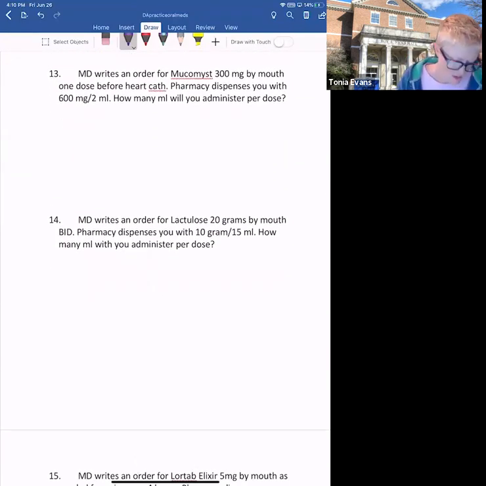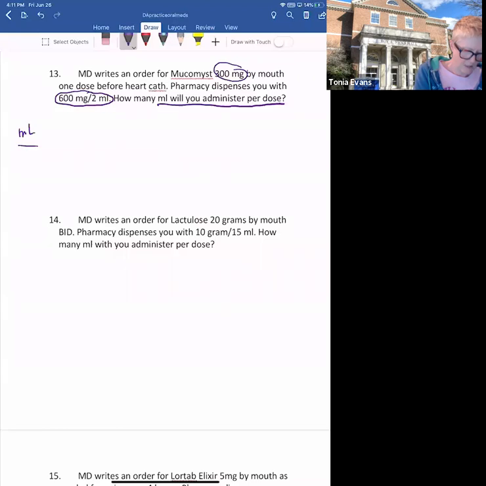Okay, Mucomist, 300 milligrams by mouth, 1 dose before heart cath. Totally extraneous information. We have a 300 milligram dose. We have 600 milligrams in 2 mLs per pharmacy. How many milliliters will we give per dose? So again, milliliters per dose. And what do we know about milliliters? I know that in 2 mLs, so pay attention to what your concentration is,